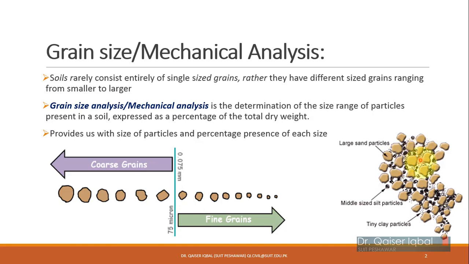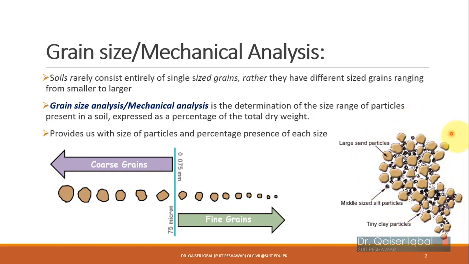Because if the fine grains are not present in this material, which I am showing over here, then there will be empty pores, and if there are empty pores, that can result in reduction of the dry density, and also that can later on result in the settlement of the soil as well, or it being compacted. So that's why to get a soil in its most compacted form, we usually require all the different sizes of the particles